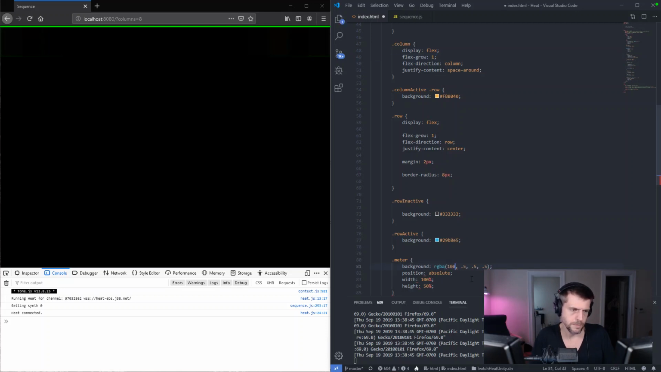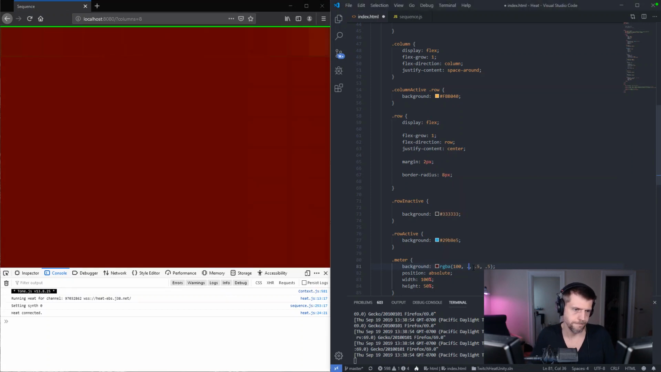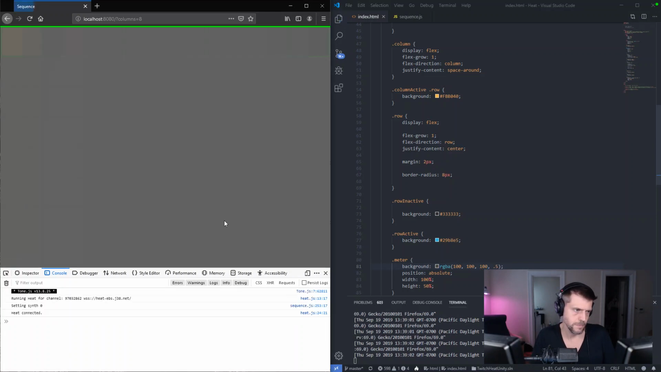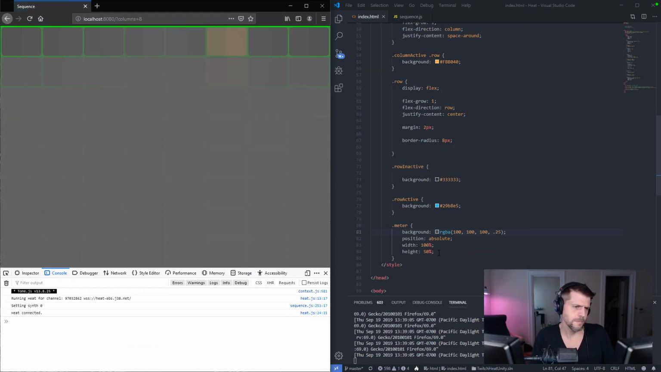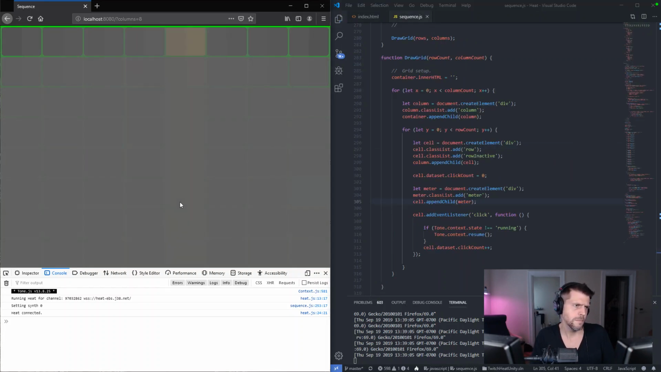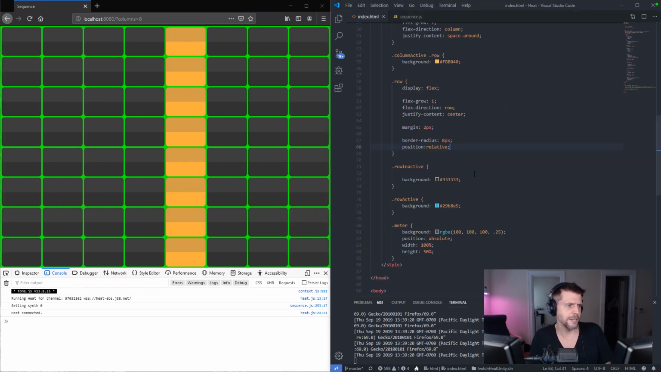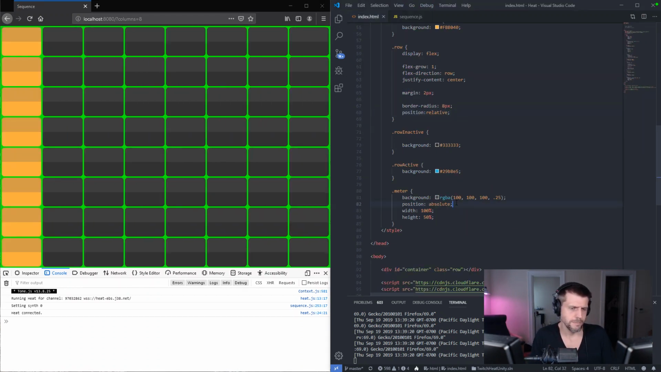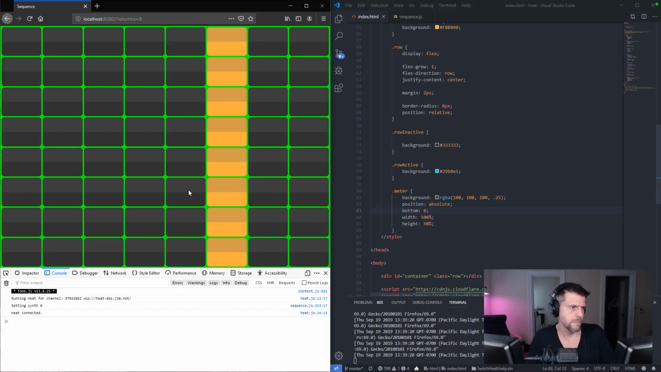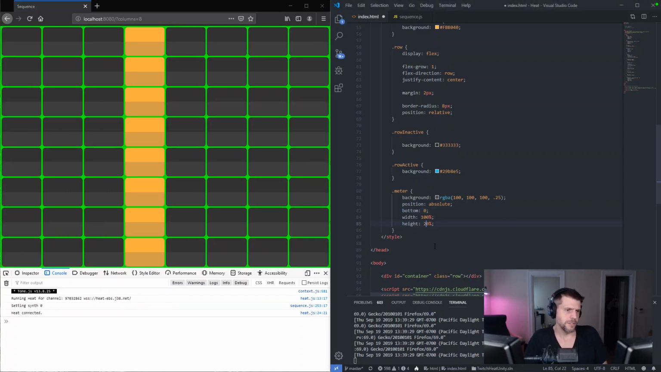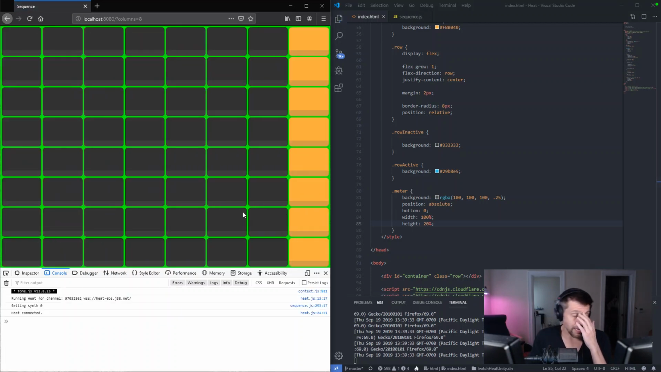Oh, should this be like 100? How does this work? Yeah, great. Cool. Okay, I have a meter now. The meter comes from the top, which is weird. Now it comes from the bottom. And if it's 25%, whatever. Okay, so we can now, as we click